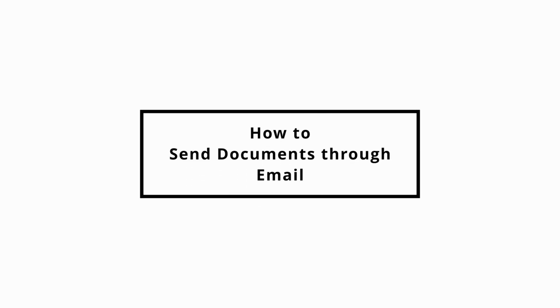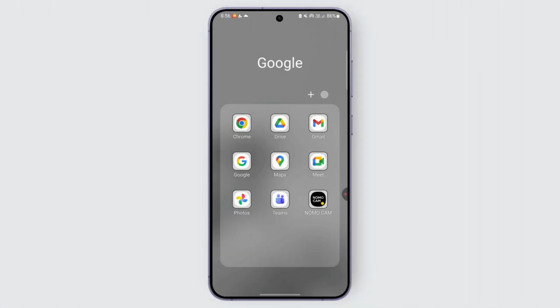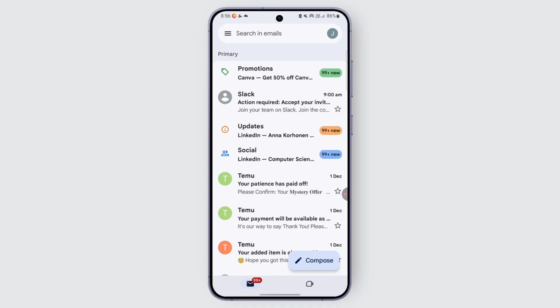If you want to send documents to email and you are looking for how to fix that issue, today we are going to guide you through the solutions for that. So let's just dive right in. To easily send the document, you can look for the Gmail application and compose a new email. For that, once you are in your Gmail app, you can look for the compose option and start up